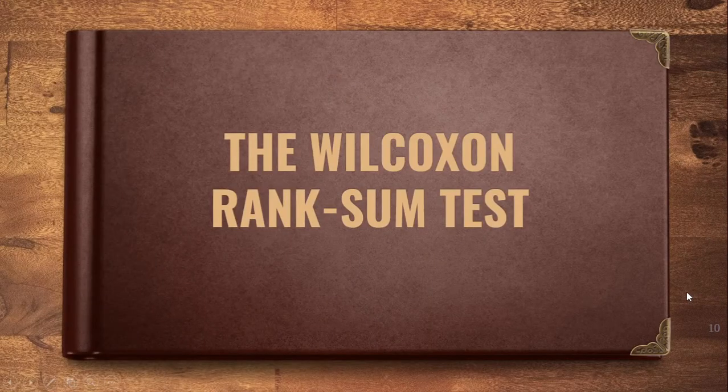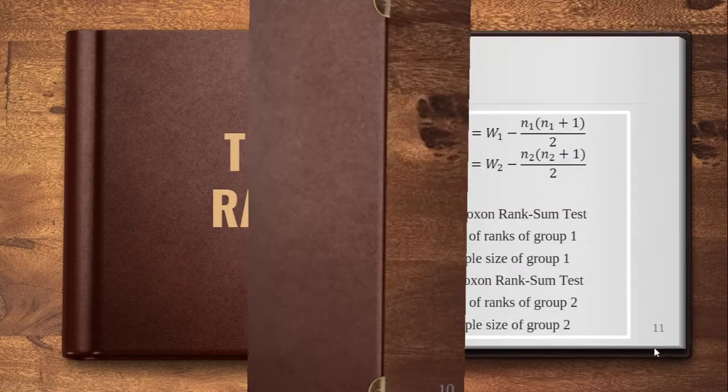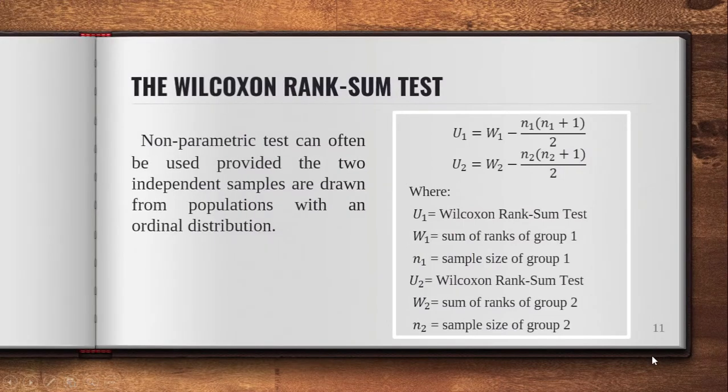So now, proceed naman po tayo dito sa Wilcoxon Rank-sum test. So what is the Wilcoxon Rank-sum test? A non-parametric test can often be used provided the two independent samples are drawn from population with an ordinal distribution. So the formula of Wilcoxon Rank-sum test, we have U sub 1 is equal to W sub 1